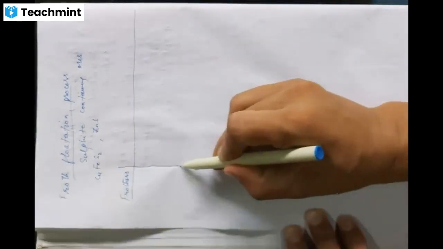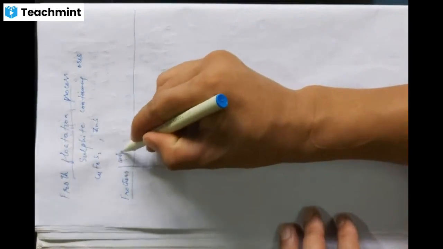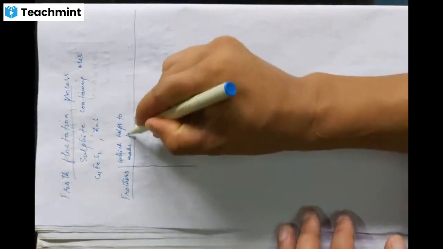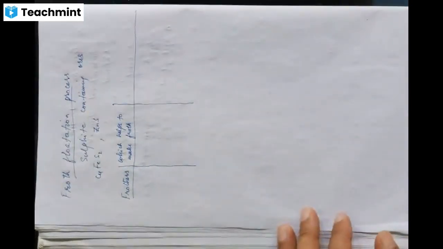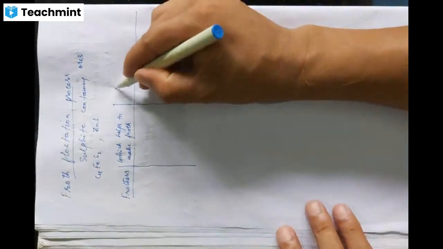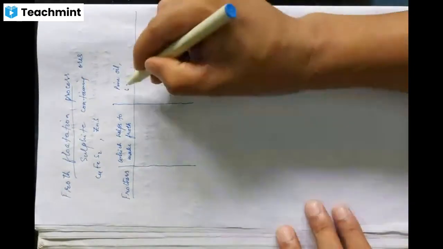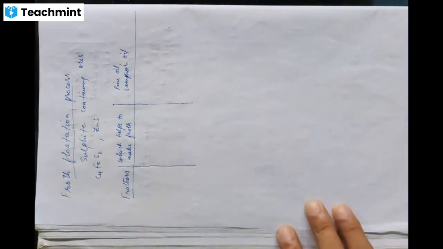So these frothers are the ones which help to make the froth. So these can be pine oil, camphor oil, and some other organic compounds also, which